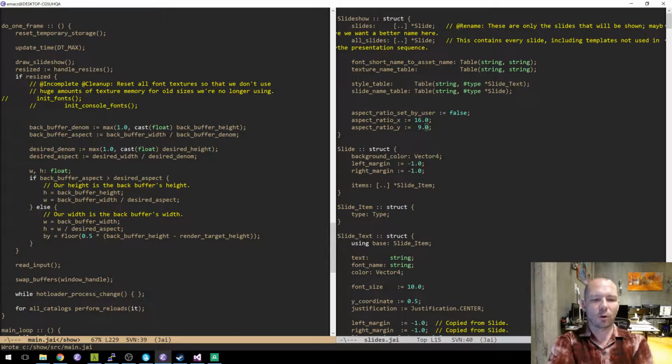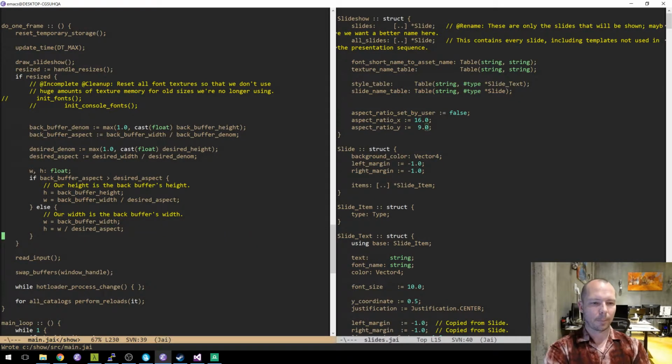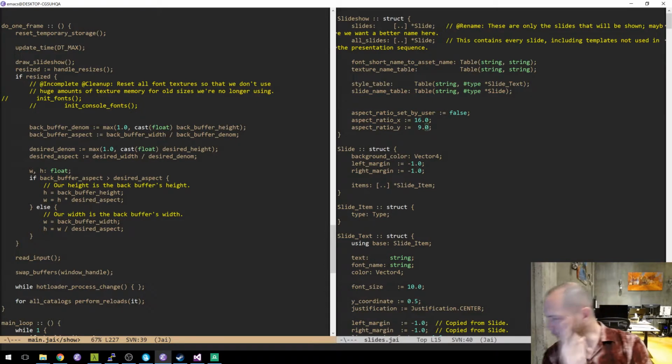How is that wrong? So one of these two is wrong. It's this one that's wrong. Oh, because we don't, yeah. W equals H times desired aspect. Yeah, I hope somebody caught that in the stream.